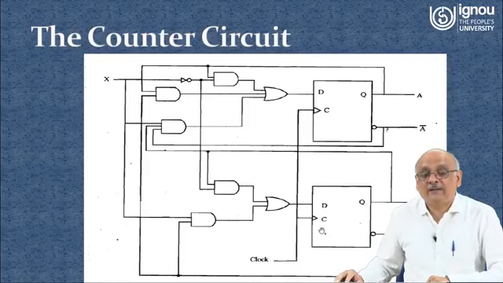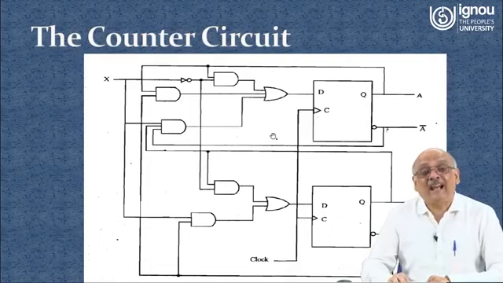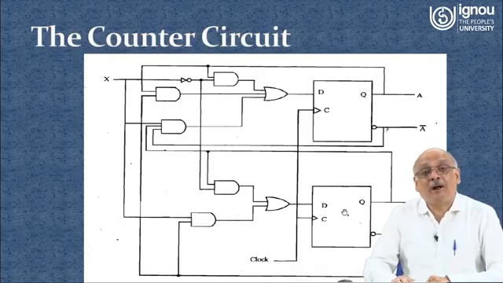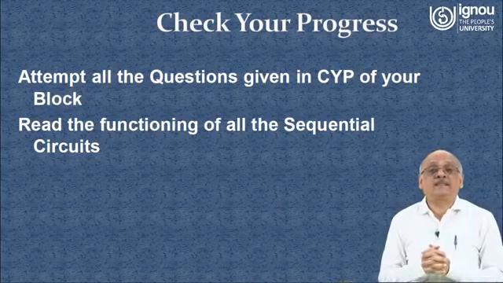So in both ways, this is the state machine which you have designed, and this flip-flop is now going to behave exactly in the fashion which we want. When x becomes 1, suppose this was in state 0 0, it will change to 0 1, then when x is 1 once again it will change from 0 1 to 1 0, then it will go to 1 1, and finally it will go to the 0 0 state. So this is how you are able to construct important circuits.